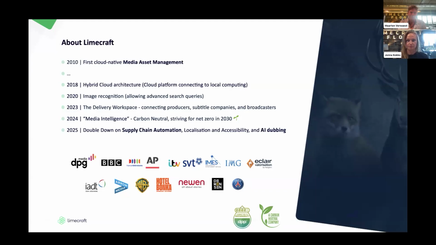As most of you in the audience are frequent users of the Limecraft platform, if not key users, we've been out there for 15 years. What started as a very advanced media asset management alternative and workflow system has lately become a full supply chain and subtitling machine. We do have a sneak preview for you today, which is around automated dubbing. As you may know, synthetic voices are becoming quite realistic, and for certain use cases like dubbing news, it's delivering